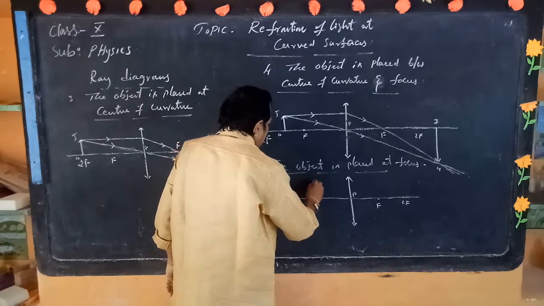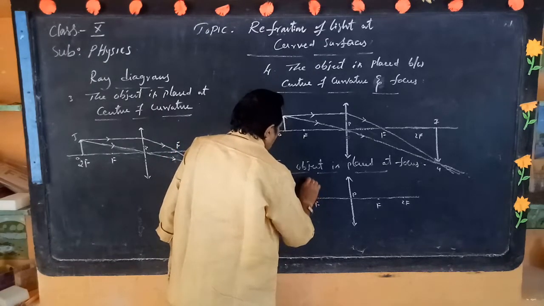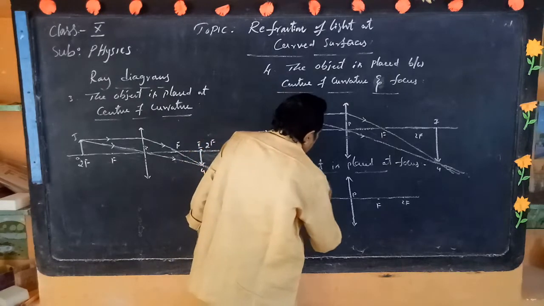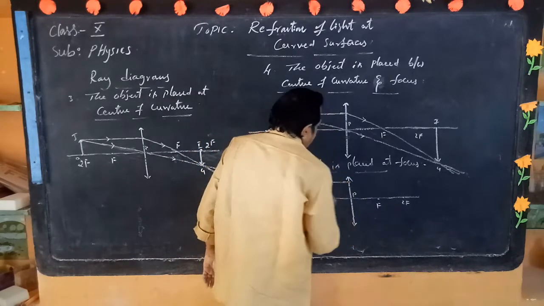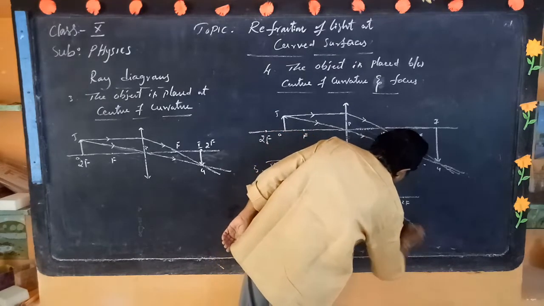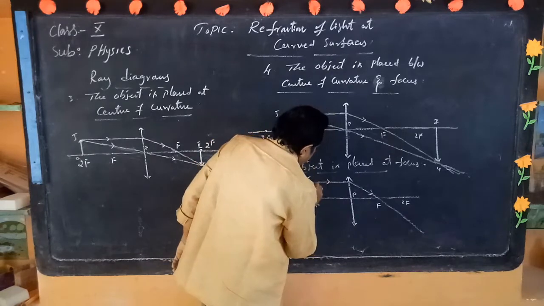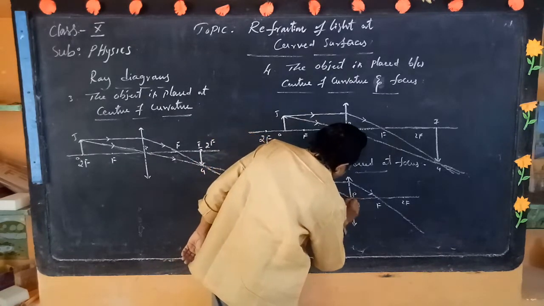Now the object is placed exactly at focus. The first ray touches the lens and passes through the focus. Remember that. Another ray passes through the optic center,